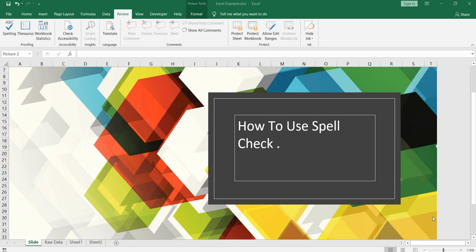If you make a mistake typing the column headers and your spelling is wrong, how could you correct it? If there are 150 or 200 columns, you won't go one by one and check whether all those spellings are correct, right? So what can you do in that case?